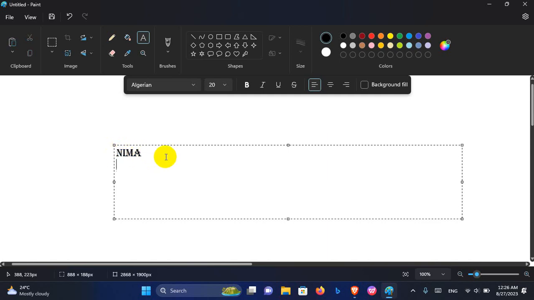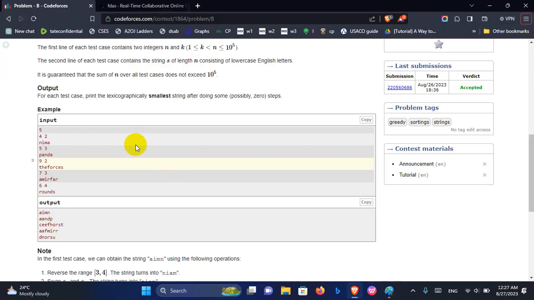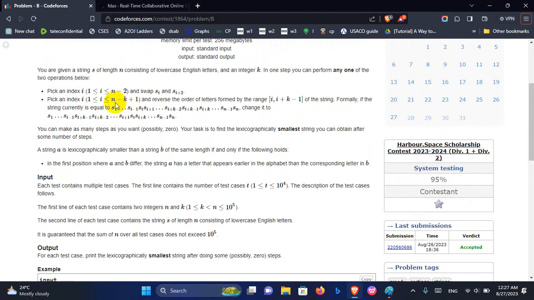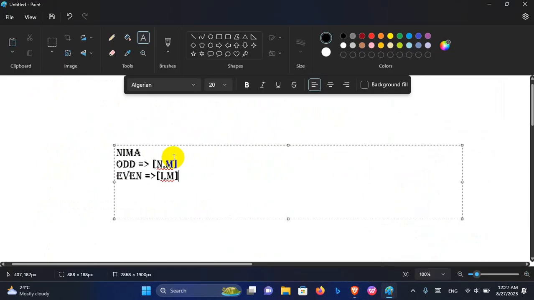In the odd places we have n and m, and in the even places we have others. I am talking about indexes starting from 1. So no matter what the value of k is, by using the first and second operations efficiently, we can always sort this